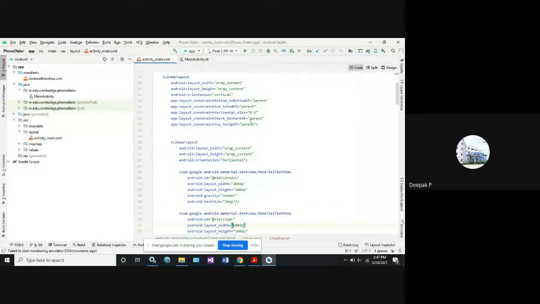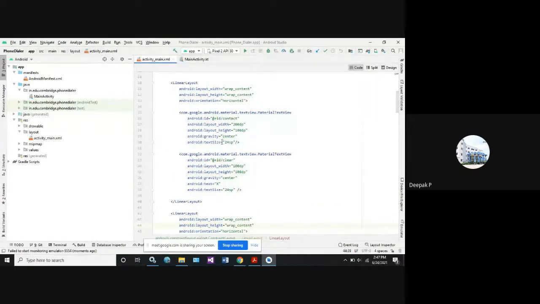First thing is the application name, which is My Contact application, where the contact number should be represented in the center orientation. Next, I have taken a clear button, which clears the field or deletes the number that we are going to type.